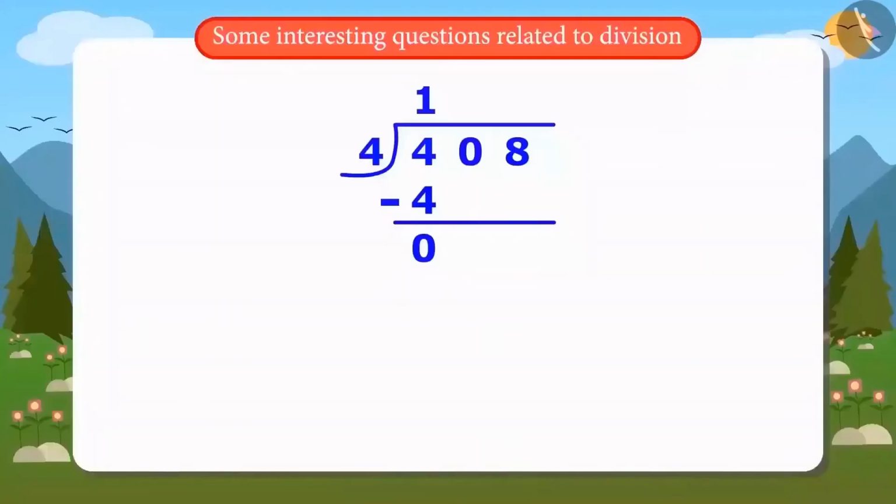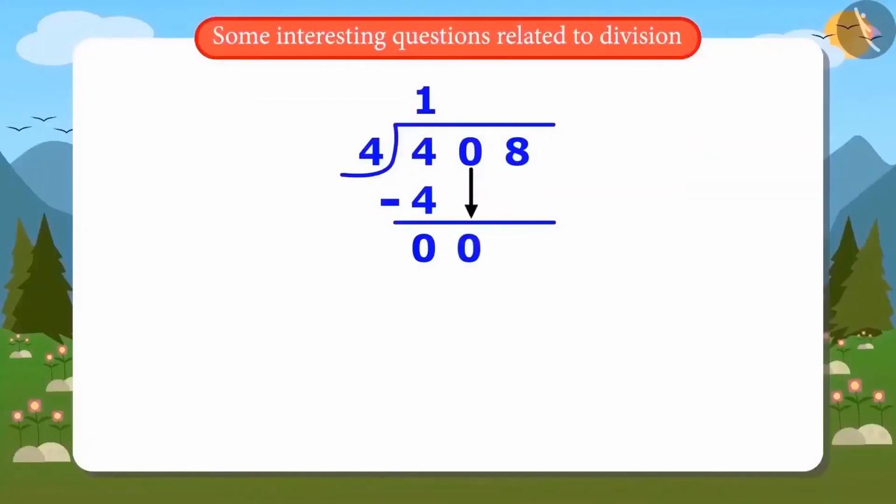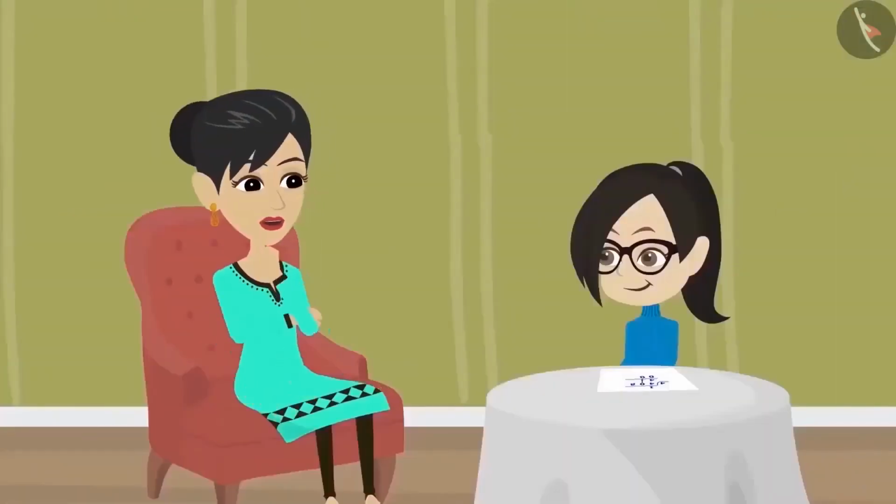Look, Vandana, you made a mistake while you were here. Now solve it from here. I will tell you when you made a mistake. Okay, let me write down the 0. Even after writing this number down, the remainder is 0. So let me also write down the next number. Wait, Vandana. What happened, Mummy? Now I understood what you were doing wrong in dividing.